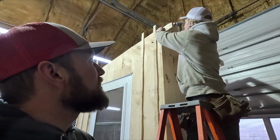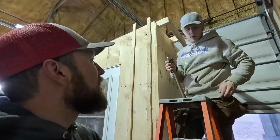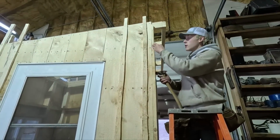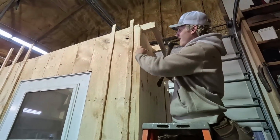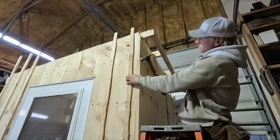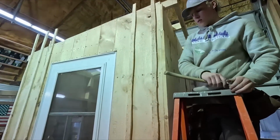Mason's probably gonna keep working here fairly late into the evening. How many more hours do you think you got till you're done with this project? Hopefully just a few, honestly. Still gotta throw all these stickers on. I really wanna